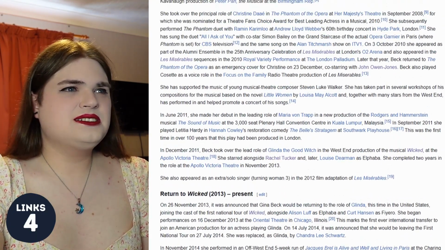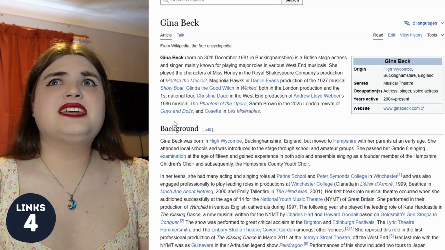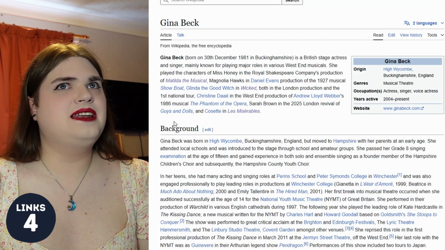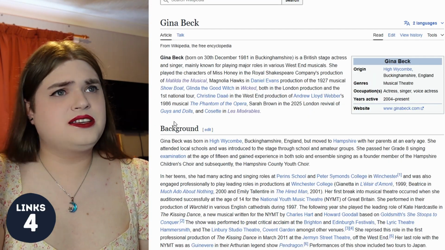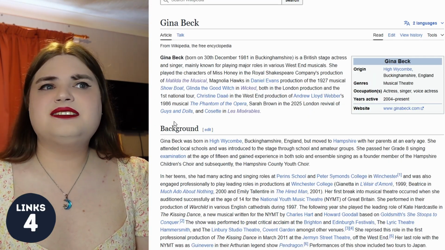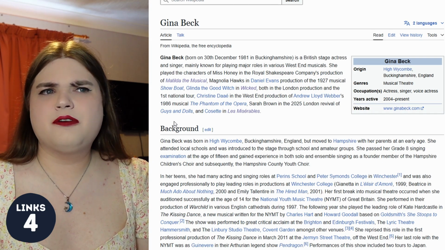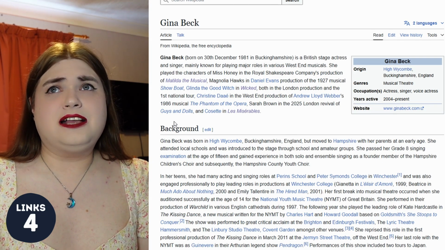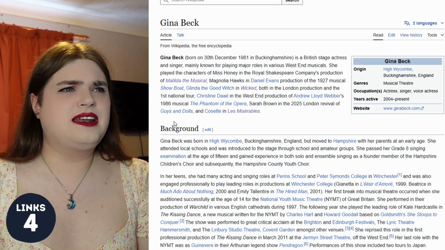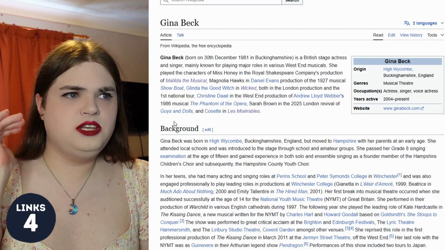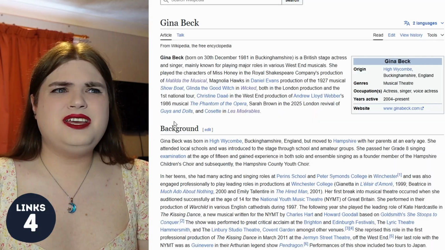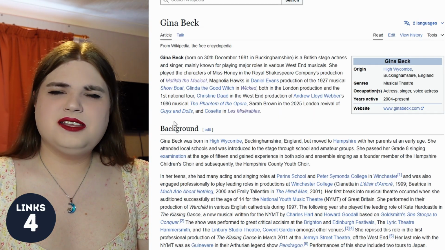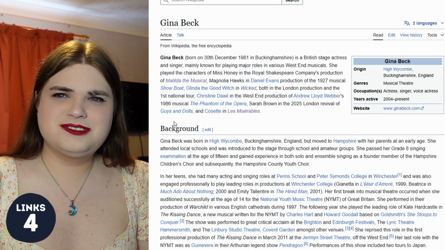Bone apple teat. The problem is, now I'm remembering, even if I can get to Six, I can't get to Hannah Lowther. That's the problem with Wikipedia. I can link these in my head and go, oh yeah, because Hannah Lowther did Six and Heathers, but the Six and Heathers Wikipedia pages aren't going to list Hannah Lowther, because she never actually did the principal roles. She was always ensemble, or she went on for those roles, but she never actually led them. Hannah Lowther is someone who's really difficult to get to, actually. Wow, I didn't realize she would be the most difficult one on here. So really I want to get SpongeBob.